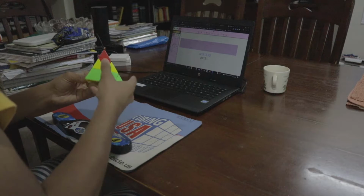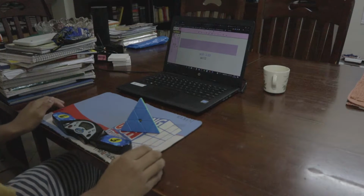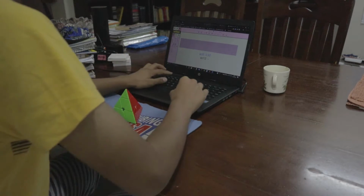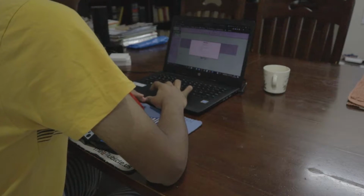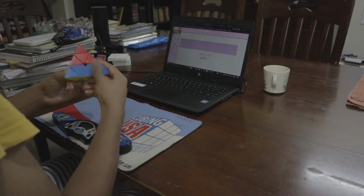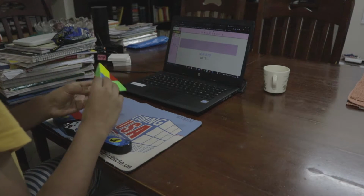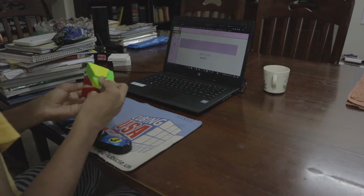Now let's get into some tips I have to perform better on beginner's method. The first tip I have is to solve the tips more efficiently. Often, I see beginner solvers solving all their tips at the end or at the beginning. These are both very inefficient ways of solving tips. Solving all the tips at the end is certainly the worst, with solving all the tips at the beginning slightly